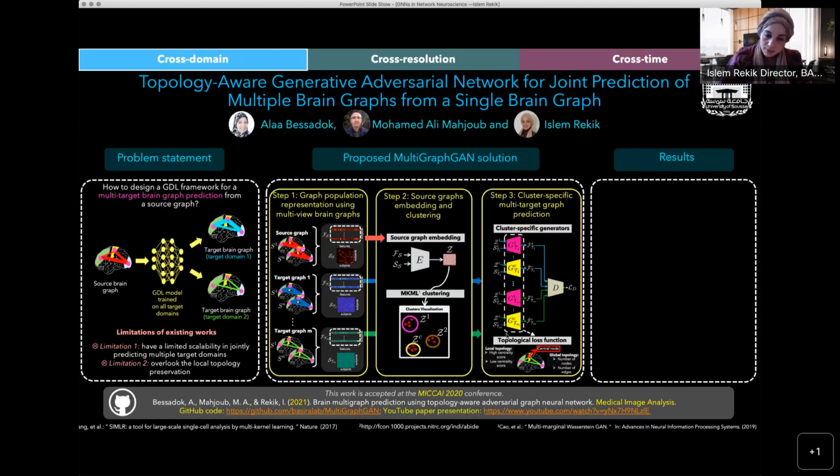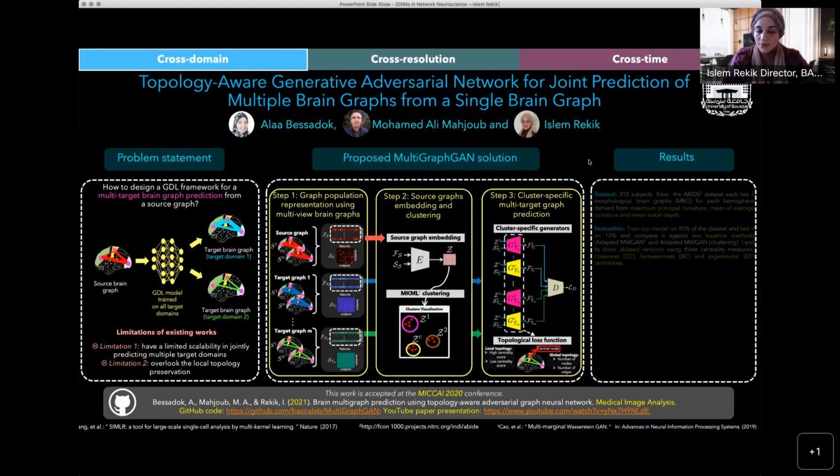All these decoders are regularized by a single discriminator network. And then when we want to do a prediction, we use a testing graph that is fed into an encoding network and decoded through all these clusters, for example cluster 1 to C for domain 1. Then we simply average the predictions to get the final predicted network in domain 1. So this is how it actually works. And we added some topological loss here. This topological loss allows us to preserve the topology of the predicted graphs in the target domain compared to the ground truth one. So we enforce that during training.